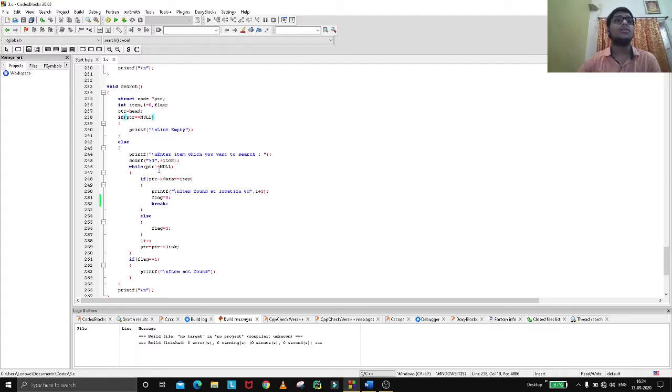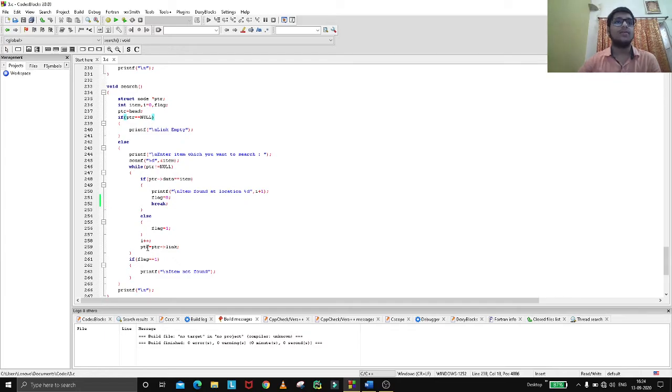So basically it will scanf this item and store it in the item variable. Now if ptr is not equal to null, if ptr of data equal to item, found at the location. Basically it will search if ptr of data equal to item. So ptr is a variable, and if the user provided that item, it will say item found at this location, and we have created a flag of 0 because if the item doesn't match, it will break and then set the flag equal to 1, and then it will go to i++, so for the next node.